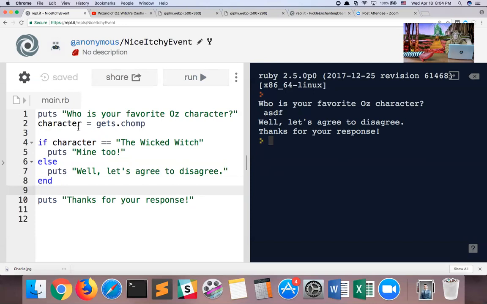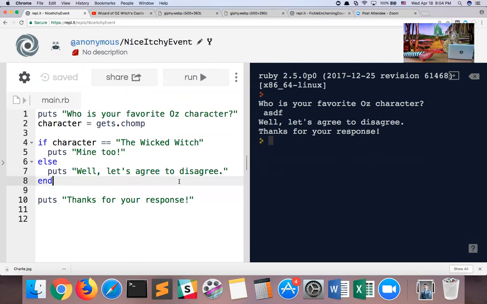So lines 1 and 2 are pretty straightforward. We are now introducing a conditional, which is a little bit tricky. So I put a blank line before it and afterwards to sort of isolate it, so that the programmer can easily read it as an isolated unit. However, you don't need it. The way Ruby works is that if it encounters a blank line, it just ignores it and moves on. So it's more of a technique for the programmer. It doesn't really matter to the computer. It's an awesome, awesome question.